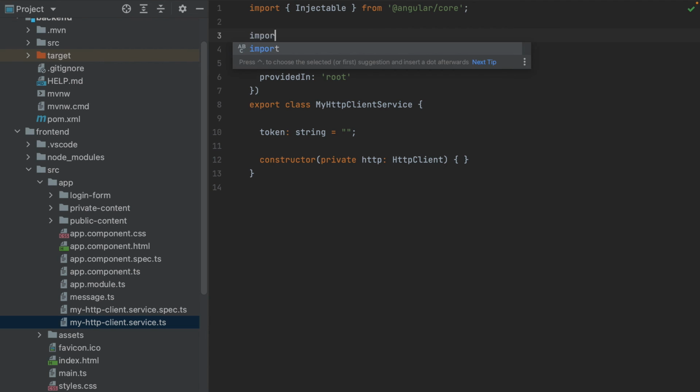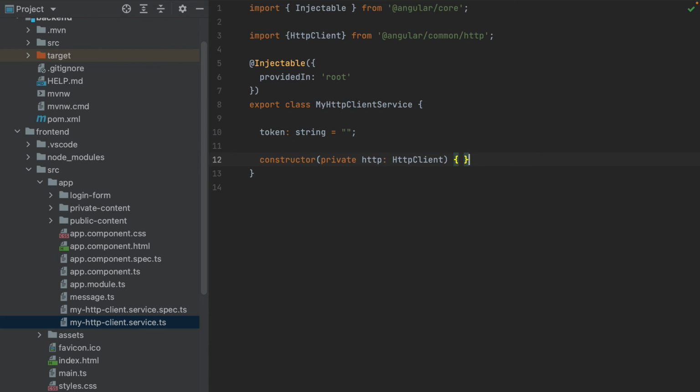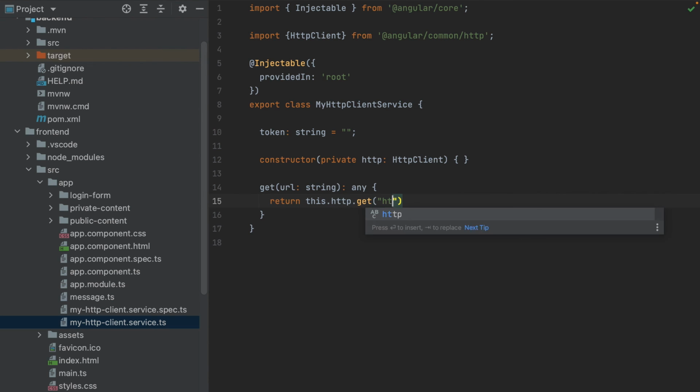Let's import it from Angular, common HTTP, and create the 3 methods. The get to obtain the public content, return this HTTP get the URL of the backend,